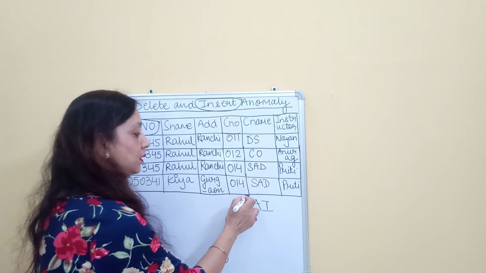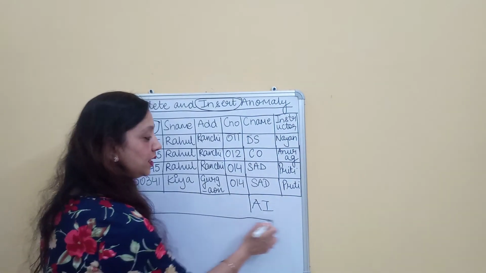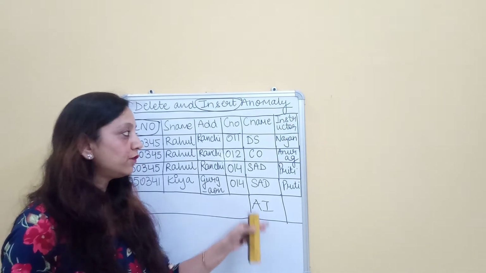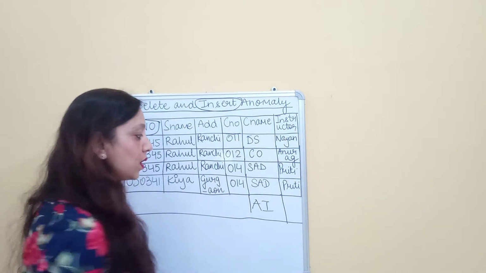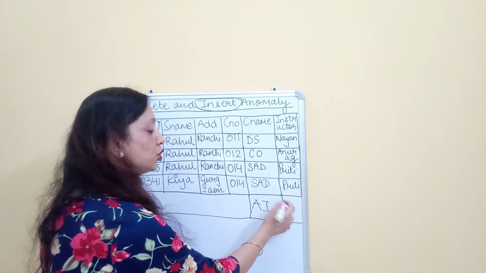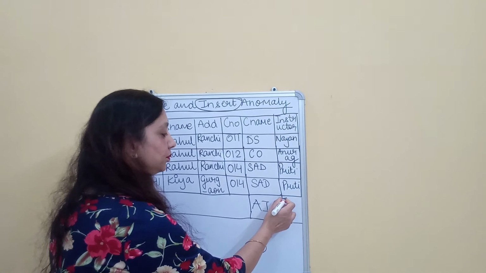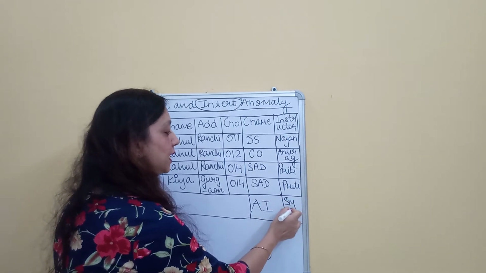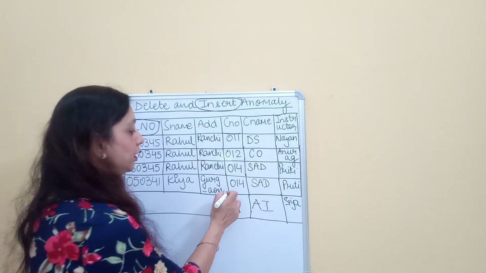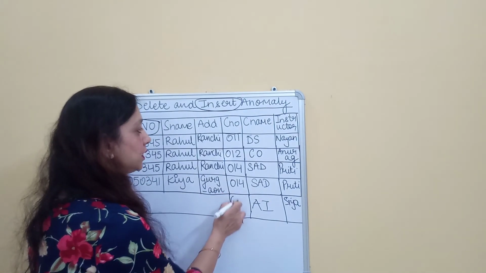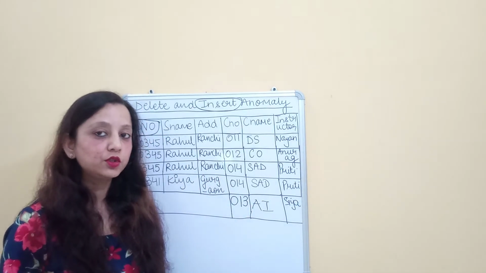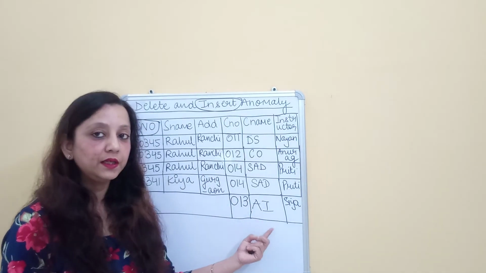Say for example, this is a hypothetical situation I am taking. I have introduced a new course, artificial intelligence. Now I want to put the details of this course within my database. Artificial intelligence is a new course that has been introduced. I assign this course to a particular faculty, say Sia. Sia is a new faculty to whom I assigned artificial intelligence. The code for this particular course is 013. These are the details that I have regarding this course, and these details I need to feed inside the database.